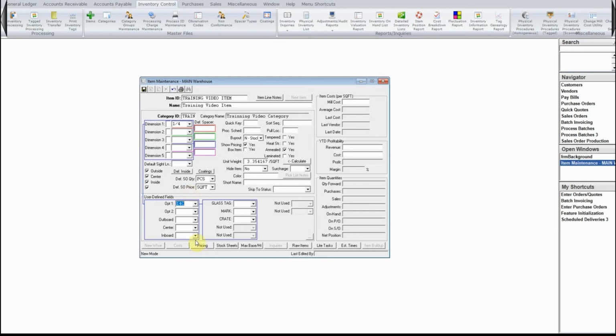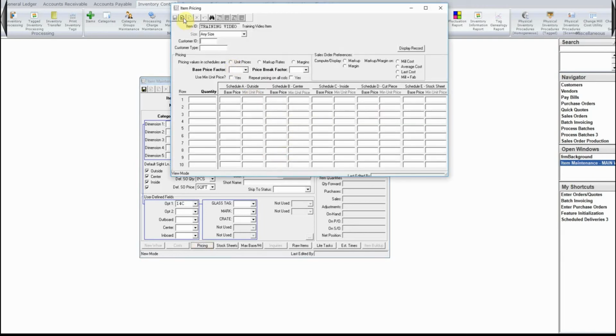Coming down here now to the buttons, I can go ahead and click on pricing if I want to enter pricing in. I have a pricing training video if you want to look at that, but you can also enter in pricing from here just by hitting new and coming to square foot. I'm doing selling by the square foot, and I'm going to go ahead and say I start at 0 square feet, and I'm going to check the box here to repeat on all columns,